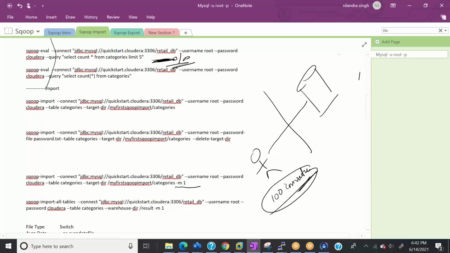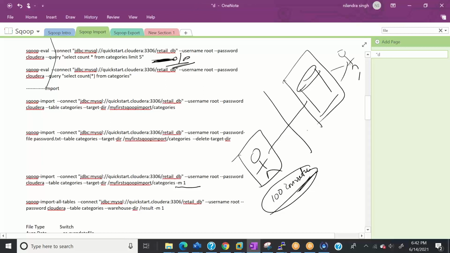No, because at the same time there are other people who will be connecting to the database. So ideally in a production environment, your team and the database team will decide these factors, how many parallel connections you can have to the source database. Obviously, the resourcing of Hadoop or HDFS or MapReduce, the number of cores, is a deciding factor, but this is also a deciding factor: how many parallel connections we will have with the database at a certain point of time.